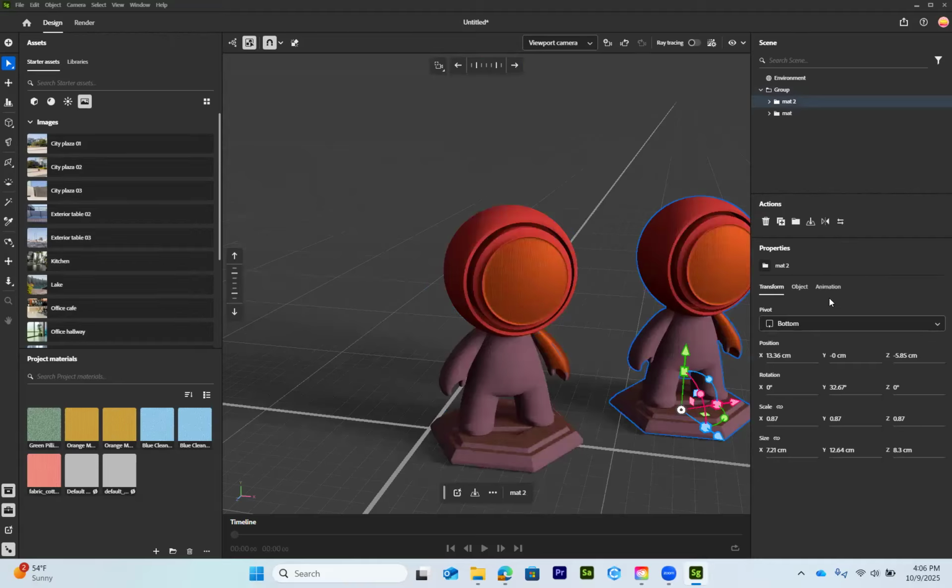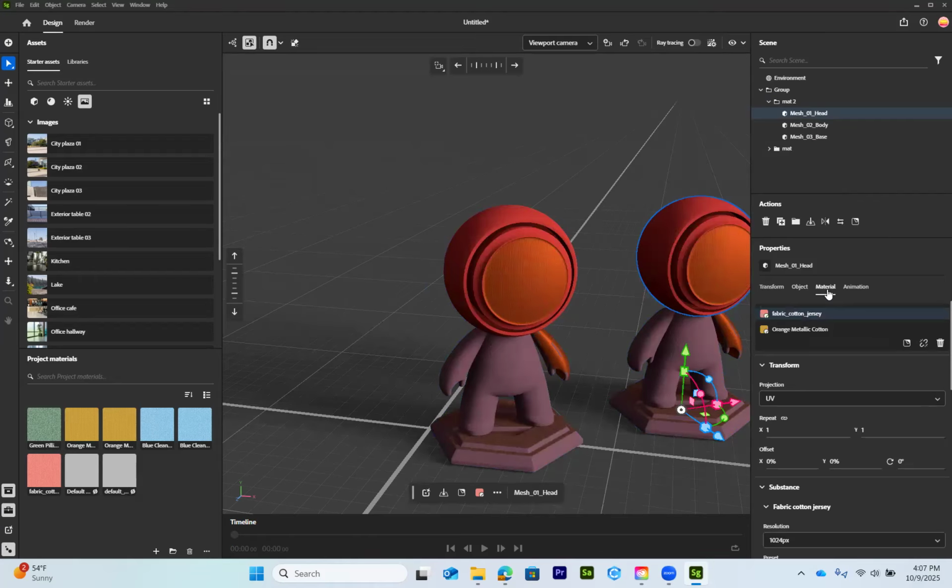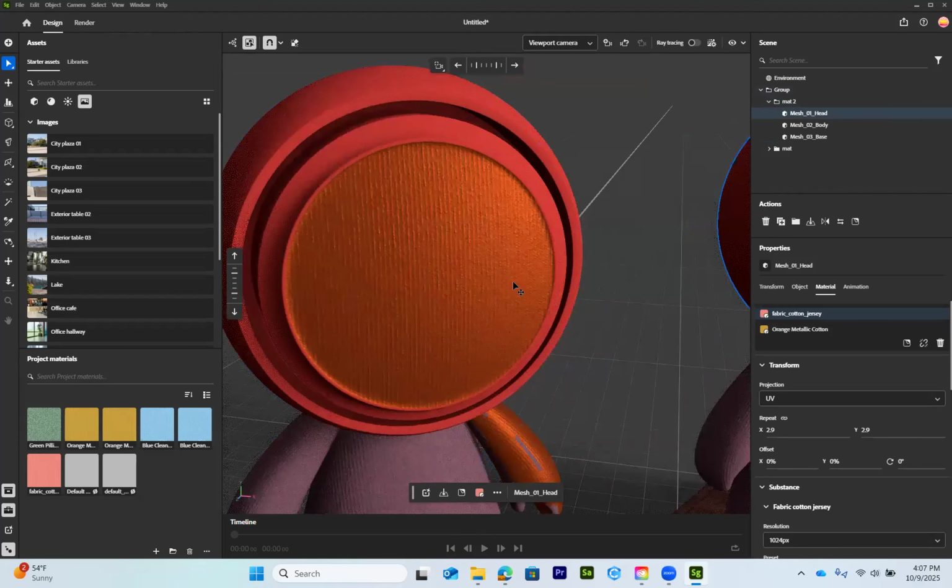Next we have properties. So in properties, it depends on what you are selecting here. So now my object is selected, model is selected, and you can see properties related to that. Like I can transform it, and I can animate it. Okay, but suppose I'm selecting this. Okay, so now in this I have material also. Okay, so I can go here and I can change, maybe repeat. Okay, I can change repeat,